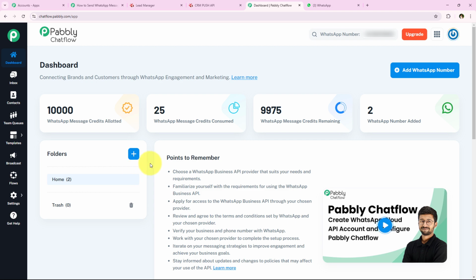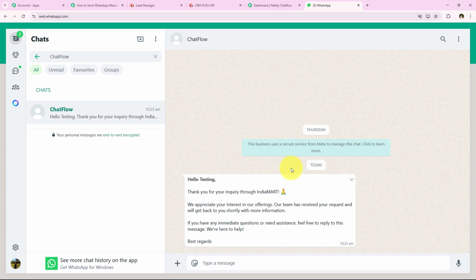It's like having a virtual assistant that can chat with the visitors, answer their questions and guide them to take the actions like making a purchase or signing up. So people use Pabbly Chat Flow to save time, improve customer support and engage with the visitors 24/7. So today I'm just going to use Pabbly Chat Flow only in order to send automated WhatsApp messages towards my